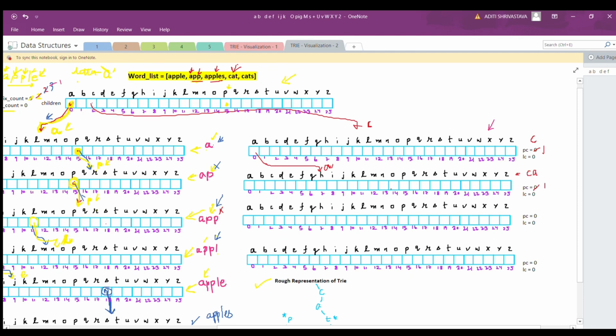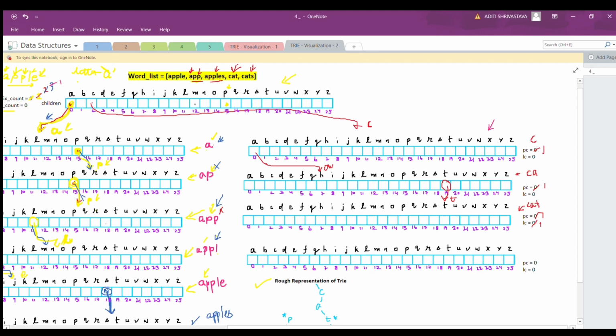Increment the prefix count. Then look out for T, since it's the next letter. No null was there, so create a new node, add the address to it. Then this represents T, and this word is CAT, represented by this node, and the prefix count is incremented as usual. But note that the leaf count is also incremented here, because CAT is a word, and we have reached the end of the letters of the word cat. So leaf count is also incremented.